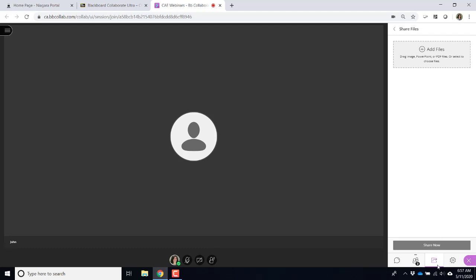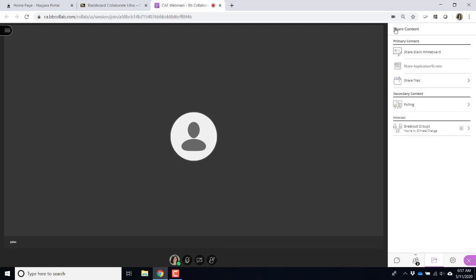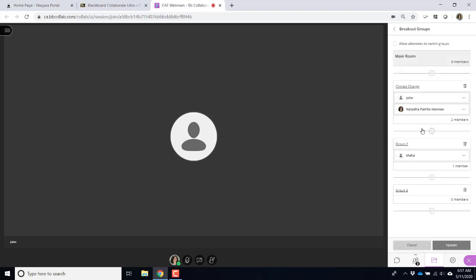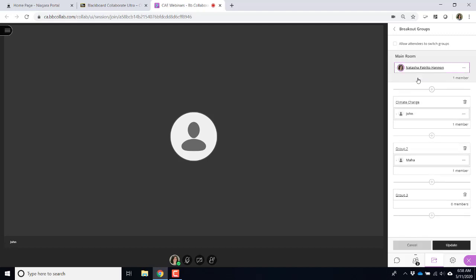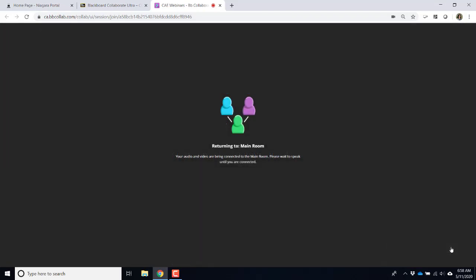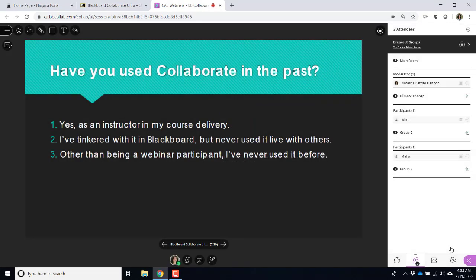We again can quickly leave the breakout room by heading back to the breakout groups area. And we can click on the three buttons by our name. We can go to any other room, or we can return to the main room as well. We're going to hit update, and this will take us just a second. But you can see